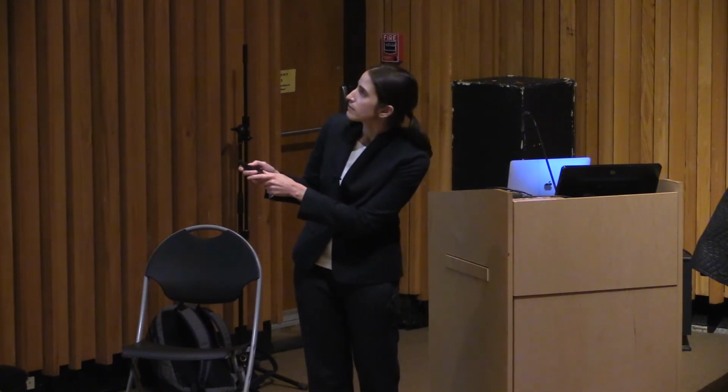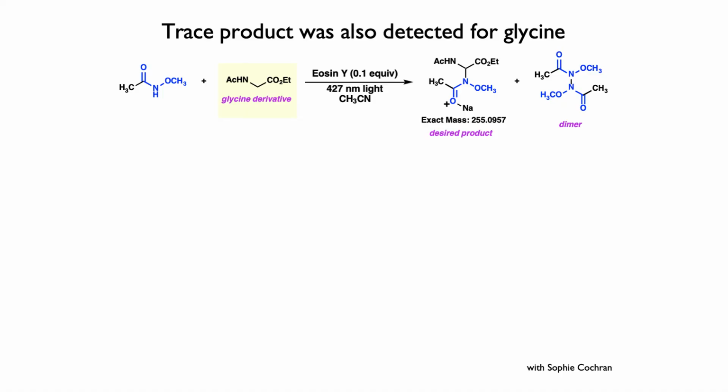And just really briefly, we also ran the same reaction with glycine instead of tyrosine, another amino acid, because as I mentioned, ideally this reaction works with a lot of amino acids, because otherwise it's not going to be helpful for target identification. A drug with this handle on it needs to be able to bind to a protein regardless of which amino acid it's by.